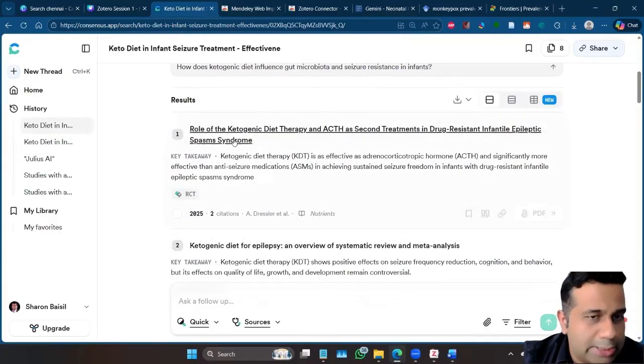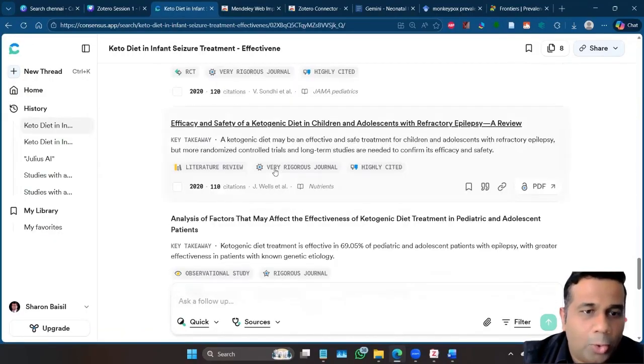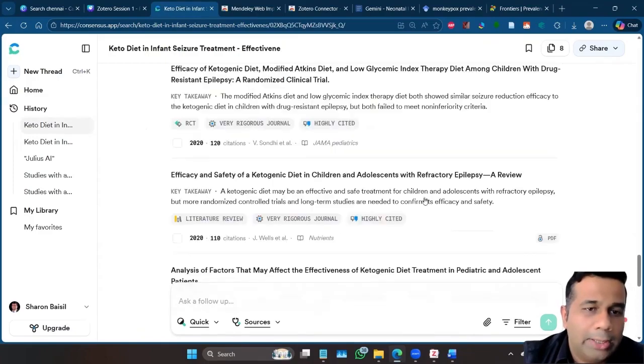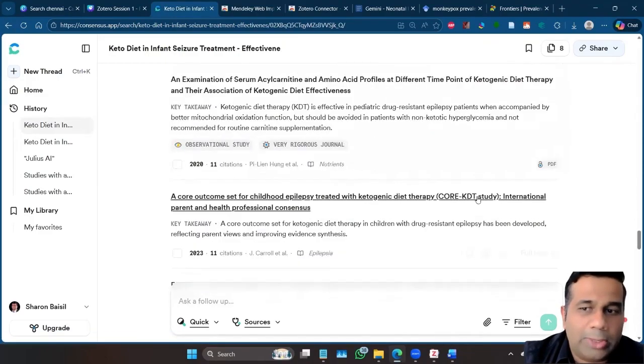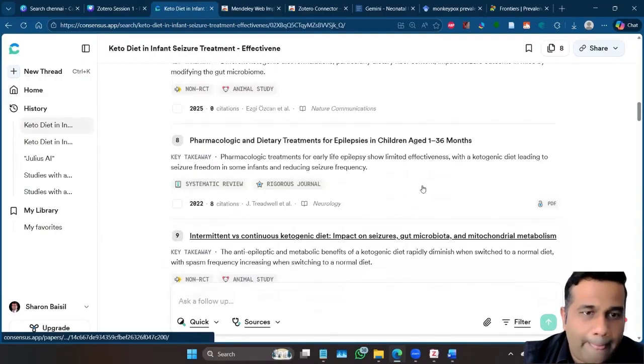You scroll down to the result, you will see all the results here. Here you can see there are almost 15 articles. If you want more, just click on load more and more articles will be added. So now there are around 25 articles. Once the articles are there,